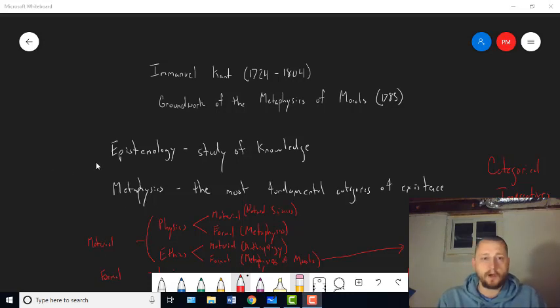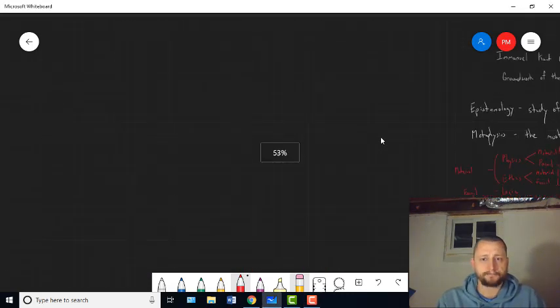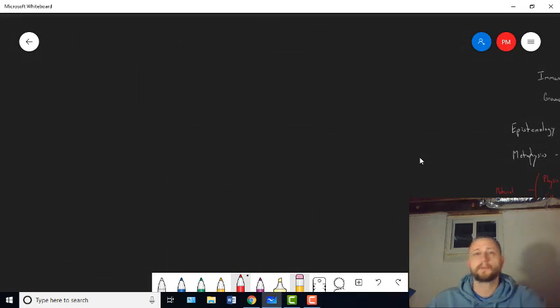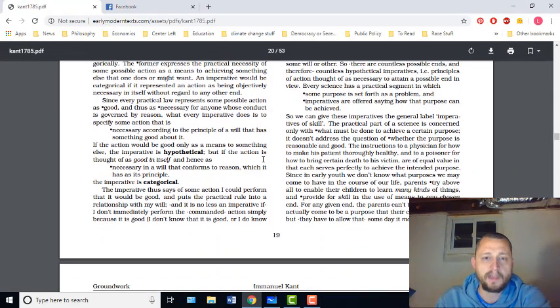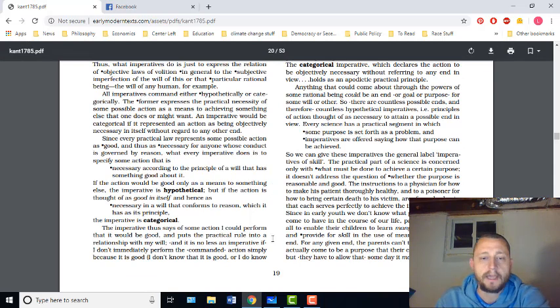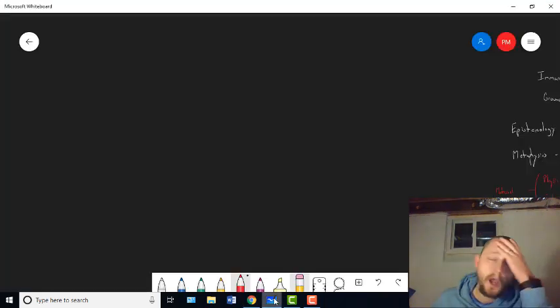And to get what's going on in Chapter 2, we're going to go to a couple of concepts he introduces about 5 pages in, the difference between hypothetical and categorical imperatives. All right, so what's an imperative? Well, an imperative is a mood that a sentence can be in. A mood can be